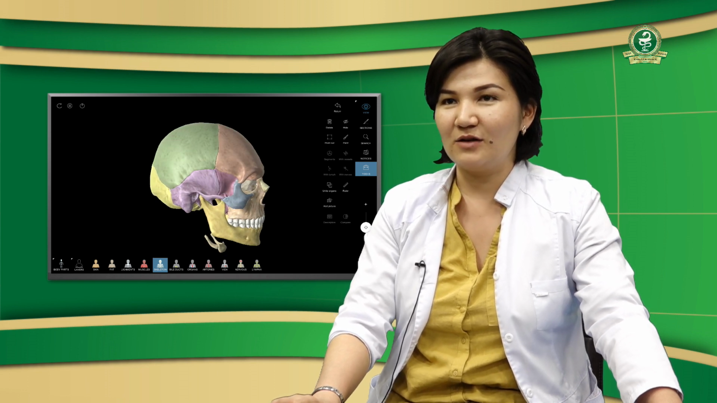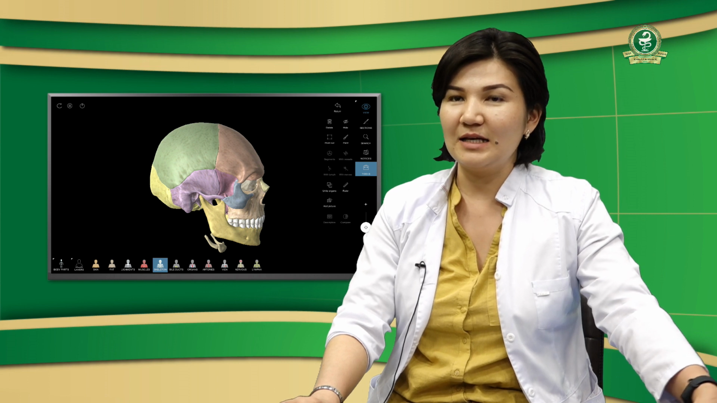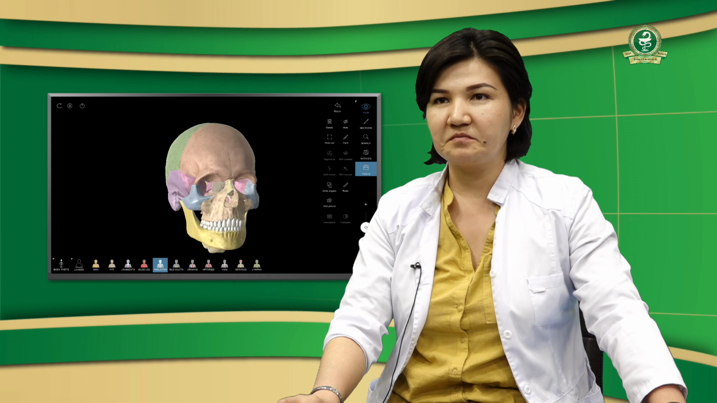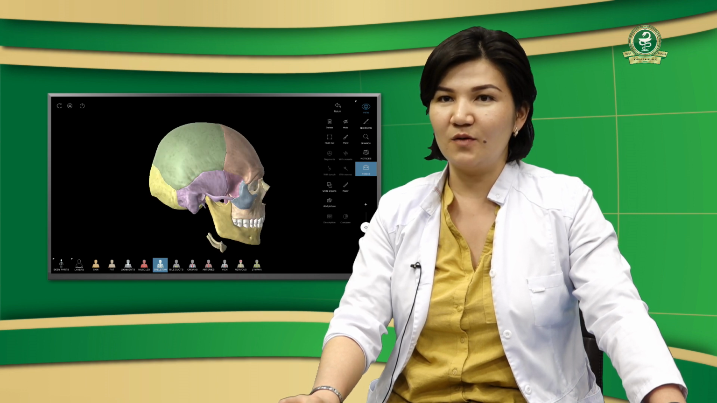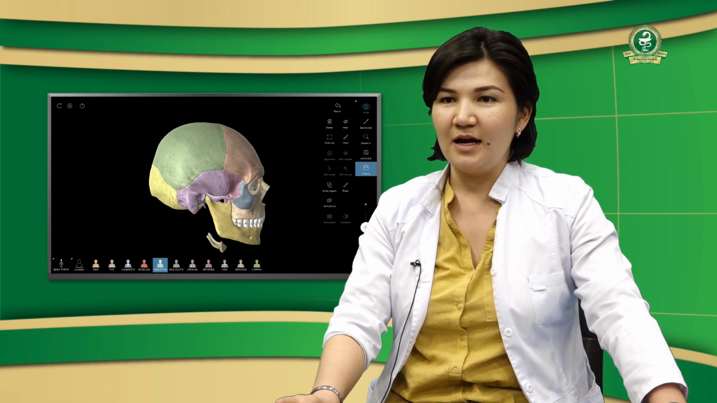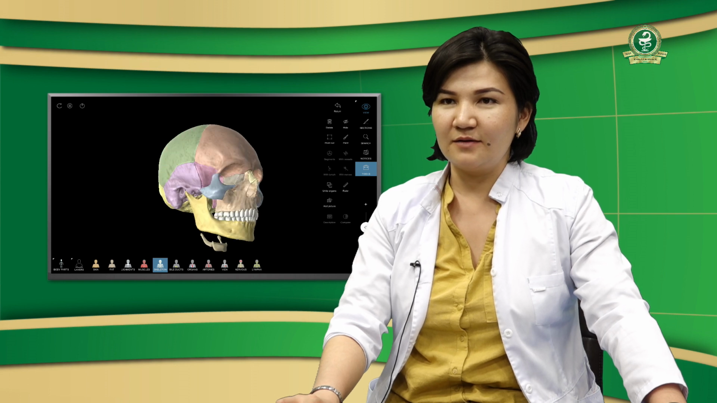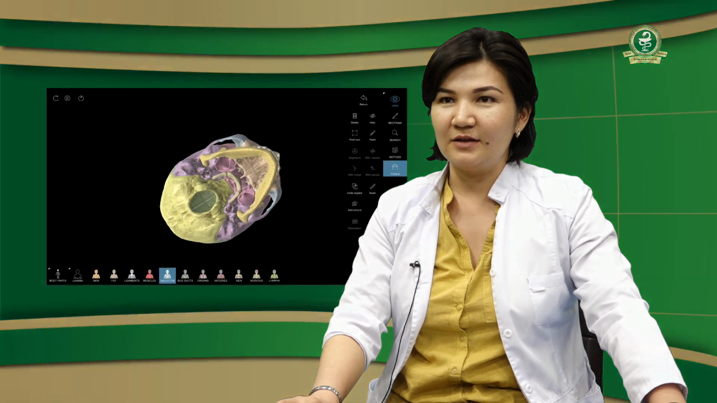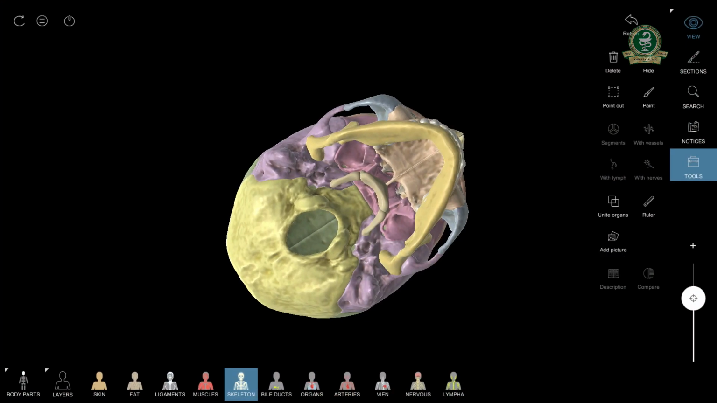Let's make the lateral view. From the lateral side we can see the parietal bones, they are paired, and temporal bones and occipital bones. And from here we can identify the base of the skull. Totally we have